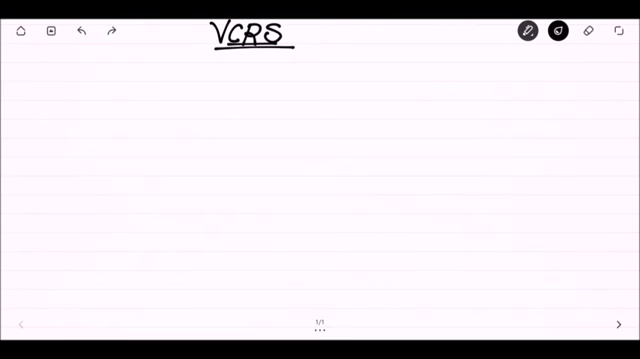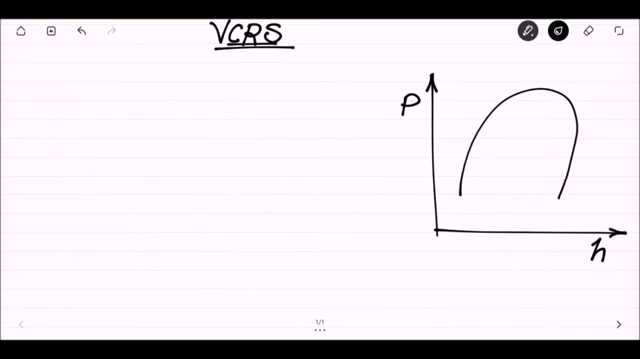VCRS cycle can be drawn on two diagrams, pressure versus enthalpy and temperature versus entropy. Let's see the cycle on pressure versus enthalpy diagram. So here is the saturation curve. Now assume point 1 is the initial state of refrigerant used, which is at low temperature and low pressure dry saturated vapor refrigerant. Now pass this refrigerant to the second point through a compressor, where its pressure as well as